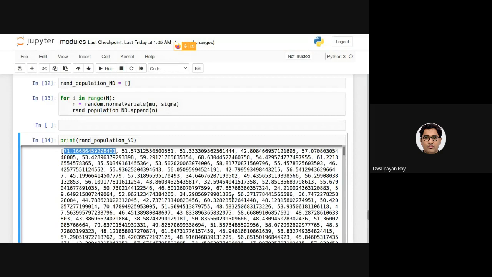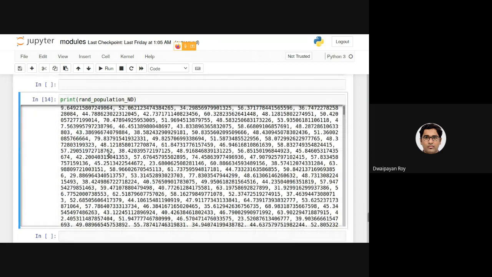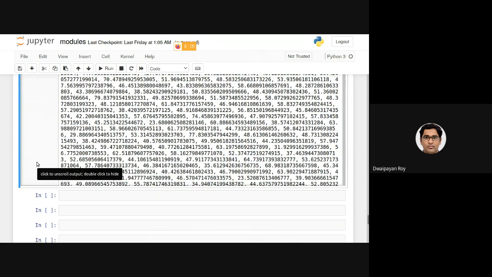Looking at the numbers, it is not possible to understand whether a normal distribution or any other distribution is generating these numbers, right? So a simple thing we can do is plot these numbers.